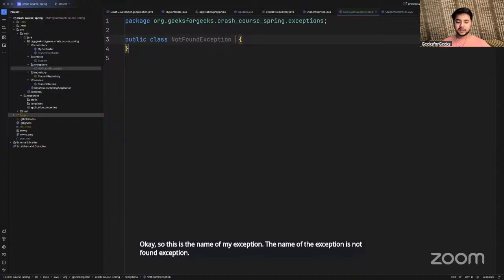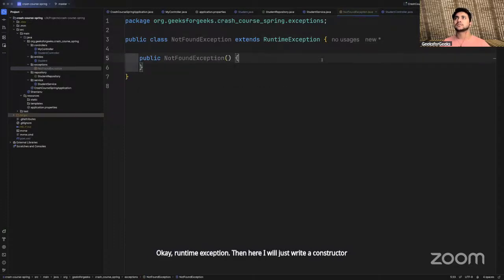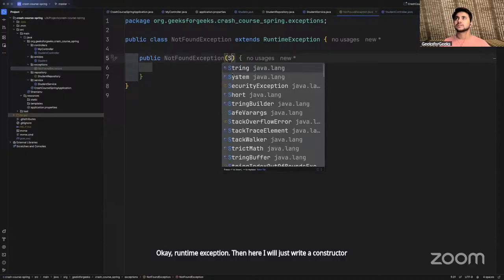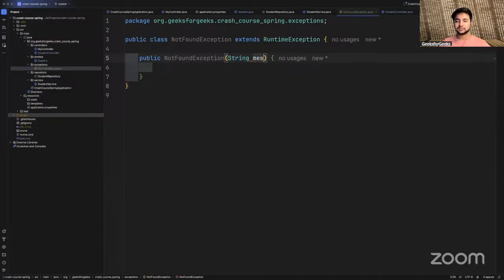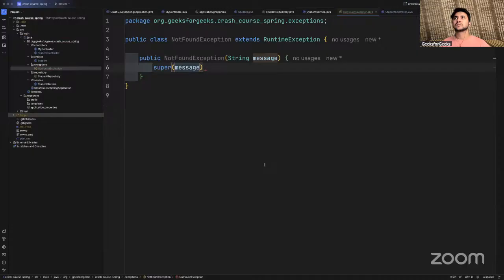And because of inheritance, I will write extends RuntimeException. Then here I will just write a constructor. Okay, is this clear what I'm doing over here?